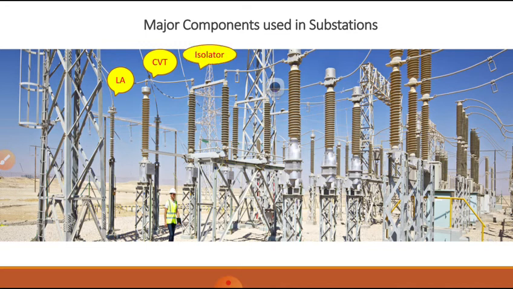Next we are going to an isolator. You can see the isolator, single break isolators. Next coming to the CT, you can see here the CT. Next we are going to use the CB, here the grouped CB, R phase, Y phase, B phase as a grouped circuit breaker. Nowadays we are using the SF6 circuit breaker, the latest, to interrupt the circuit. Sulfur hexafluoride breakers are generally used in our substations.